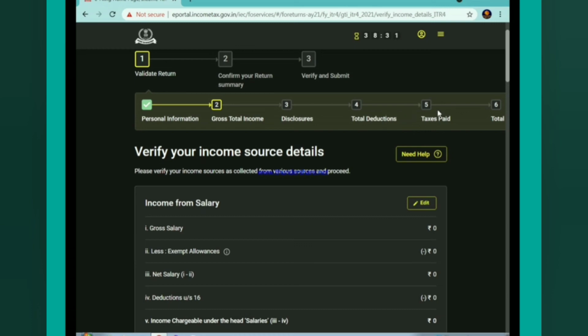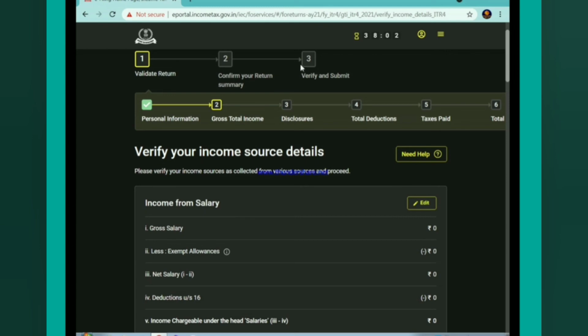In the fifth step, it will show whether I am eligible for any tax to be paid or I am just exempted from paying any tax. And after that, it will show a full preview of the form. In the second step, it will show me confirm your return summary.